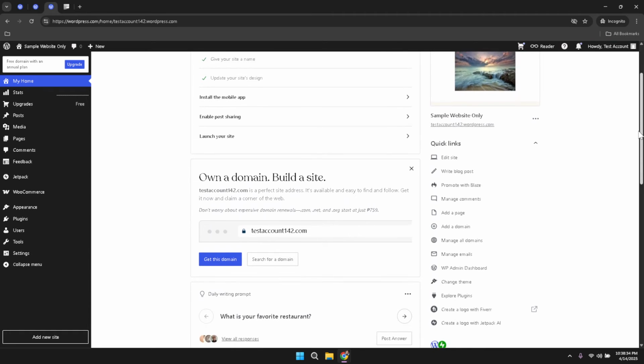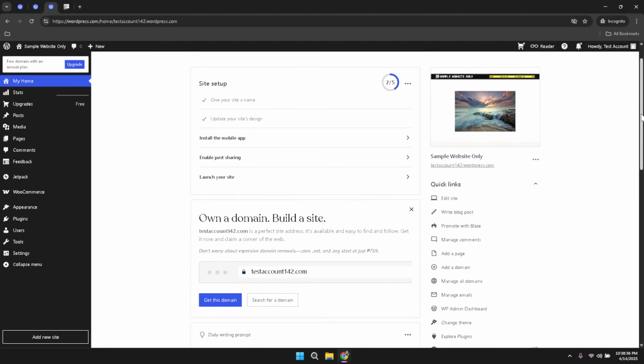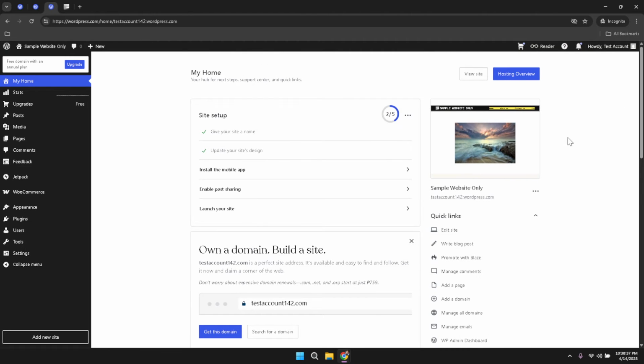Direct your attention to the section labeled Quick Links. In this section you will find an option called Edit Site. Clicking on Edit Site will take you to the site editor interface. Here you have full control over the layout and content of your website. It is in this editing mode where the magic happens, and where you can make changes that affect the appearance